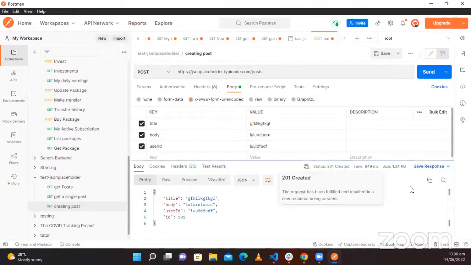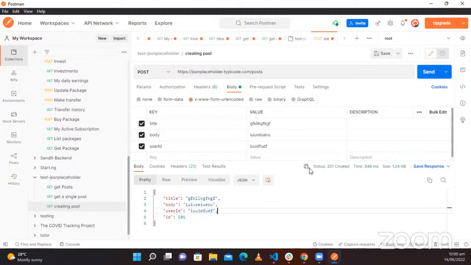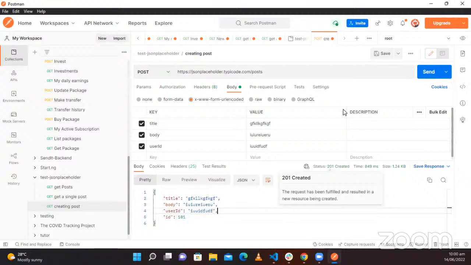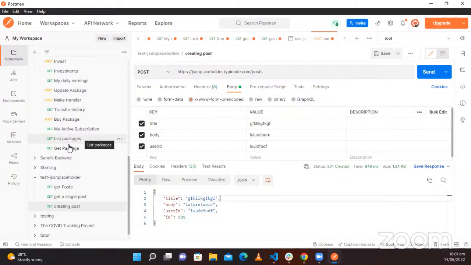So then there's another important thing. There are also some status codes. When you actually send a request, it shows you if it is successful, if it failed, that kind of stuff. So it's more like when you see a 200 or 201, it means that the request has been fulfilled. It's a success. When you see any other,